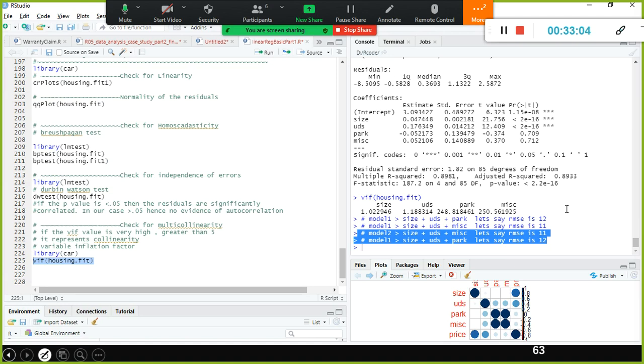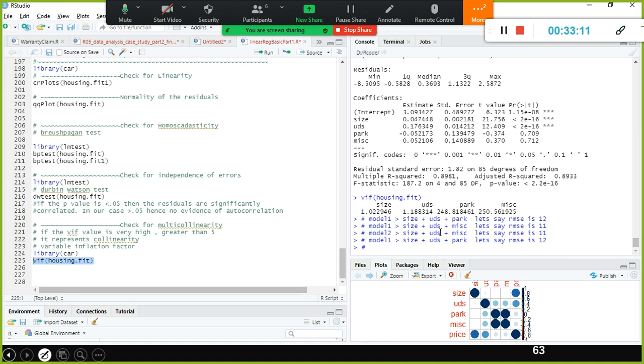So in R and other languages, there is something called... One second, I'll just show you.